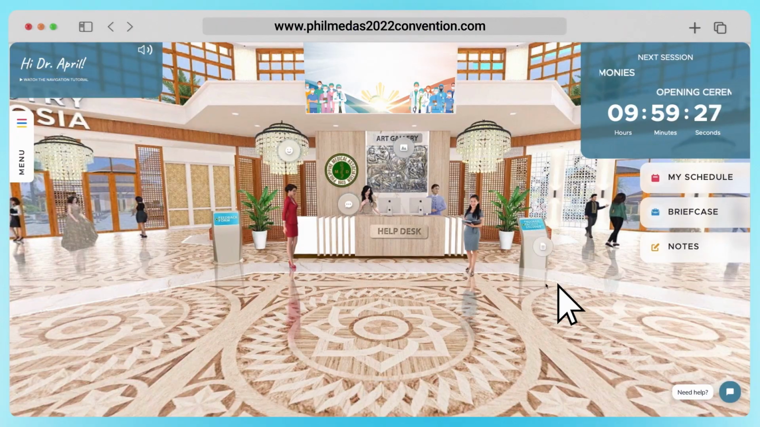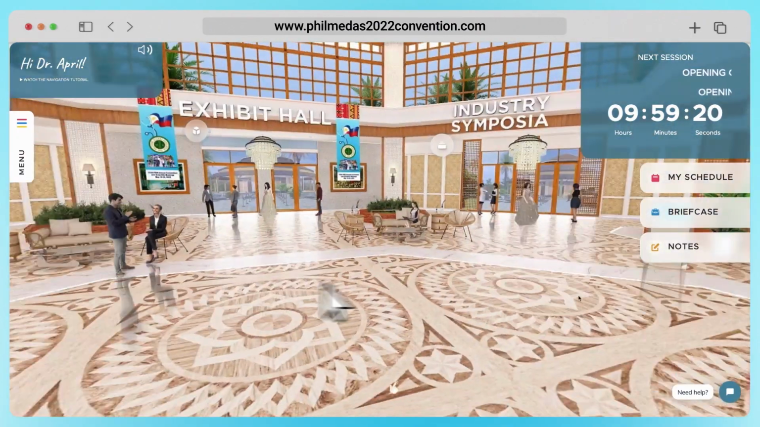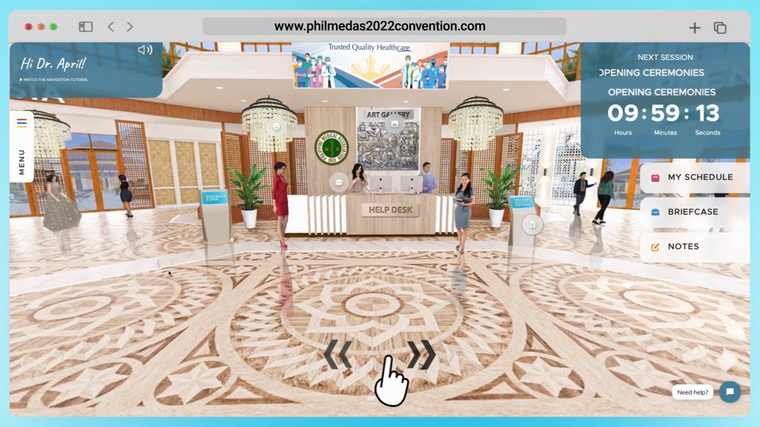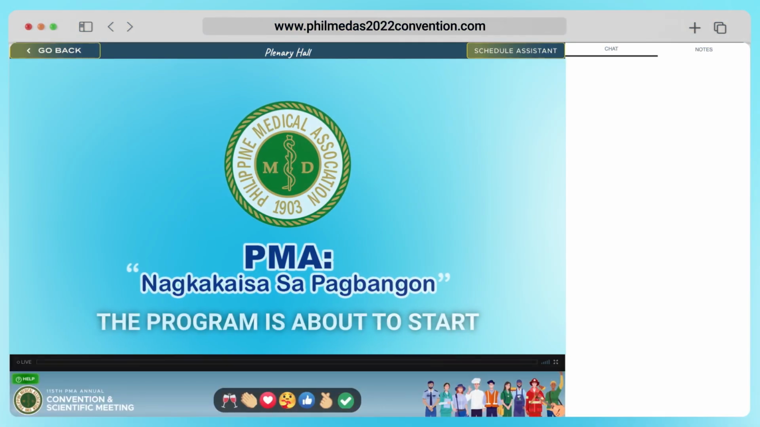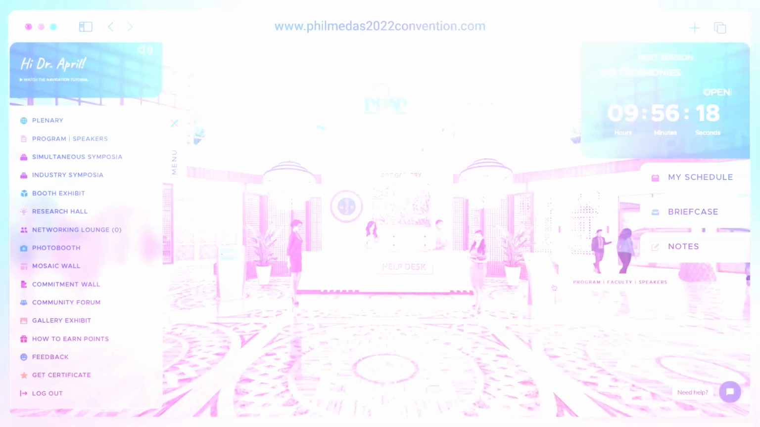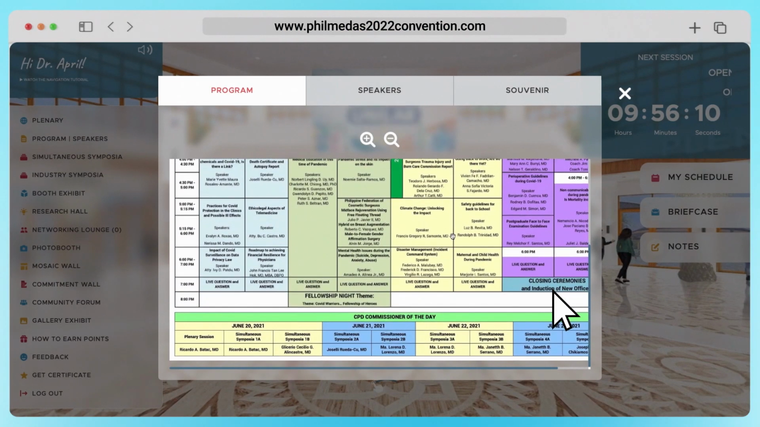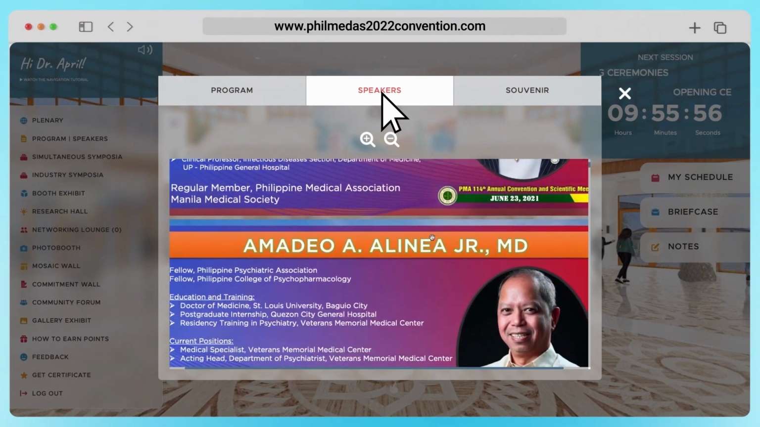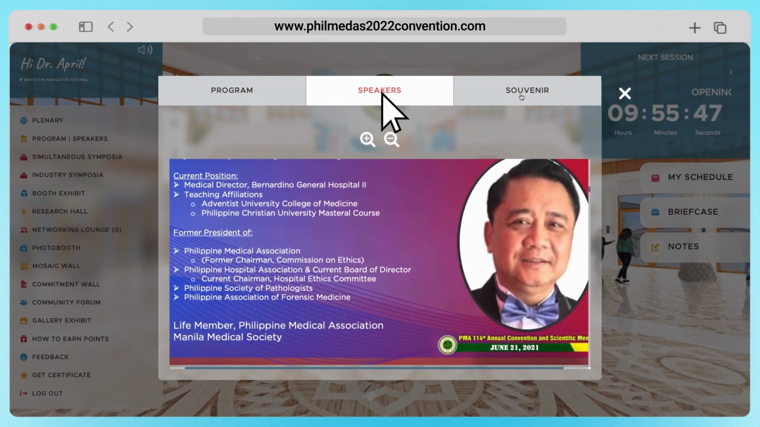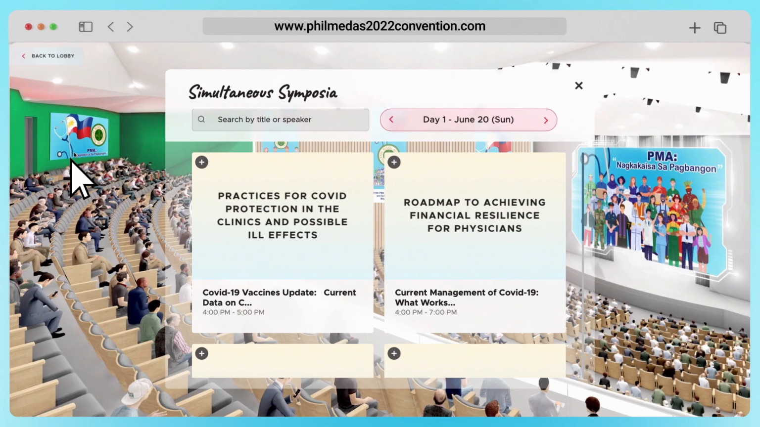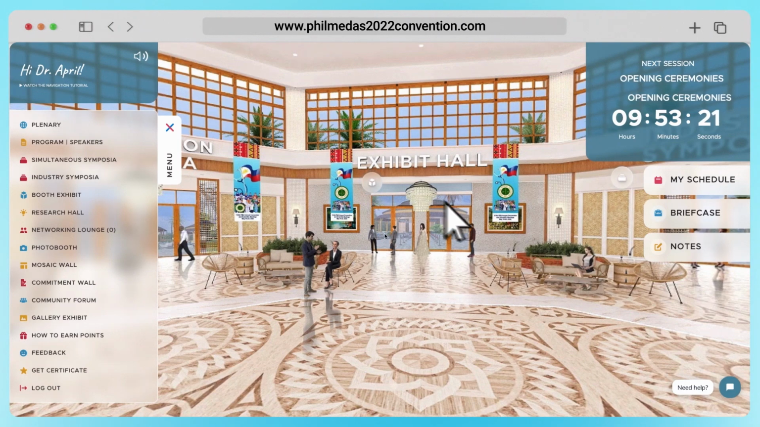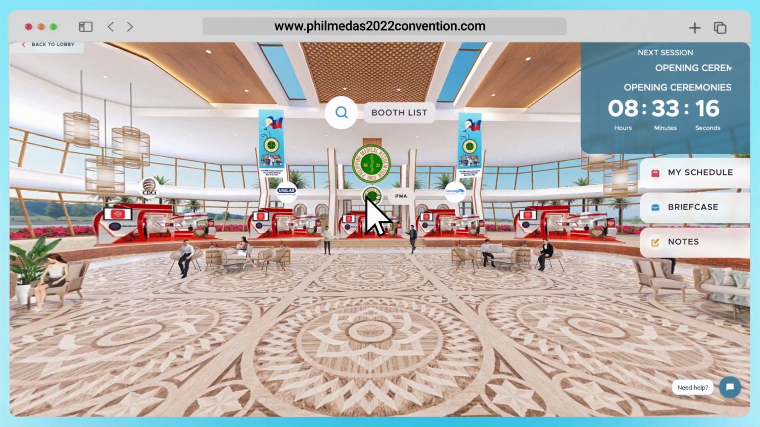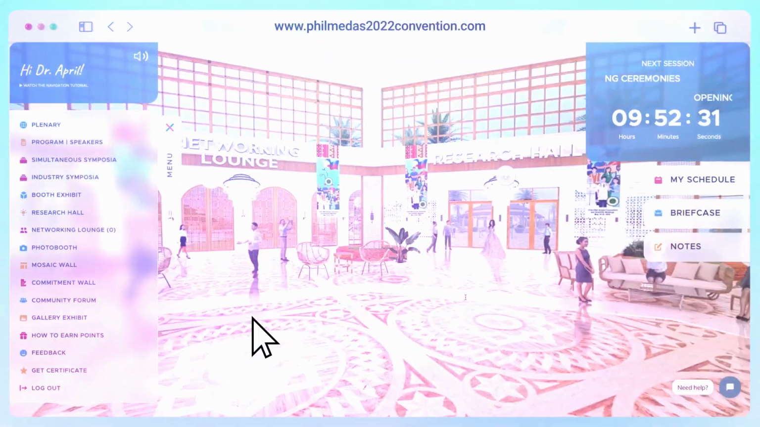Once logged in, you will arrive at our virtual lobby where you can browse around the lobby by dragging your mouse or by swiping on your screen. You can click the icons around the lobby or you can click the activities on the menu, and be sure to check on the following: Plenary, Program, Faculty Speakers, Simultaneous Symposia, Industry-Sponsored Symposia, Exhibit Hall, Research Hall,